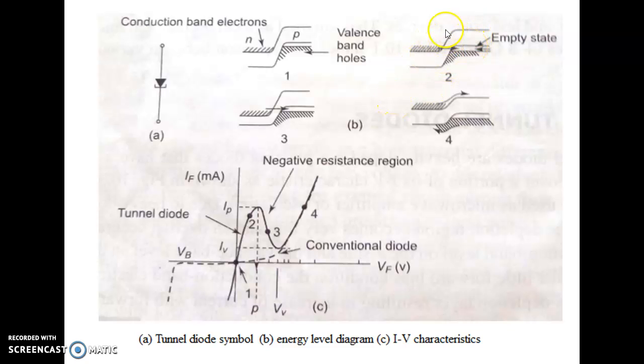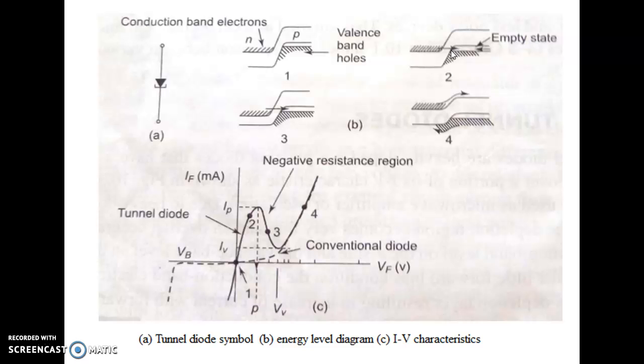One is that the depletion width should be very small. There should also be availability of an energy state at the other side. So these electrons find a number of free states in the valence band which can be filled with electrons, and the width is very low. So these electrons tend to go through the barrier instead of crossing over it, right? And this is called tunneling.